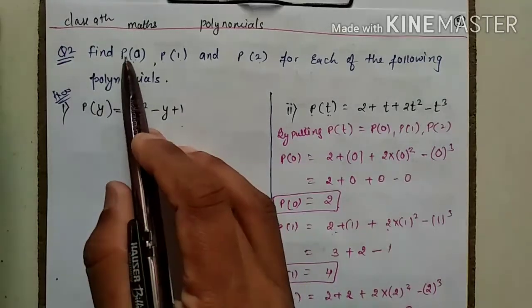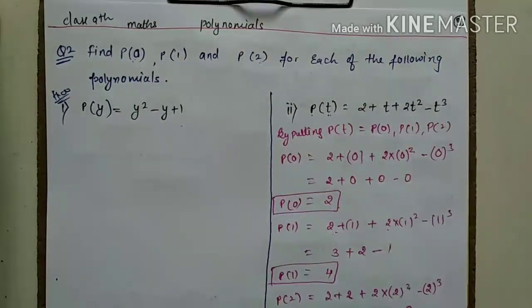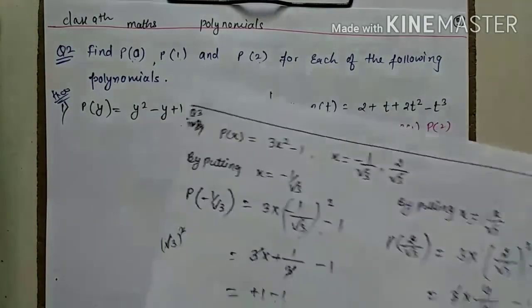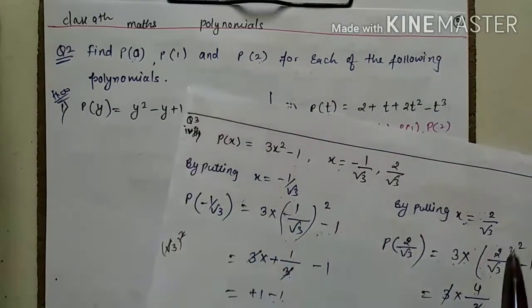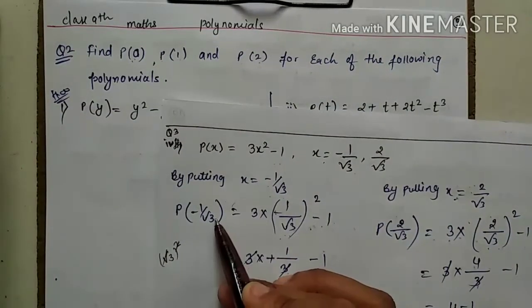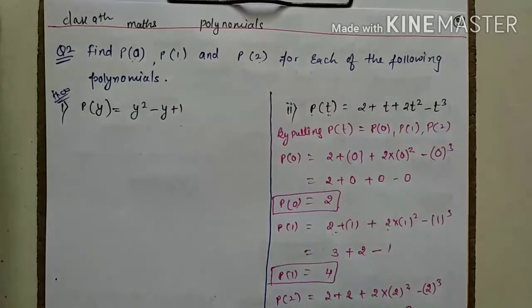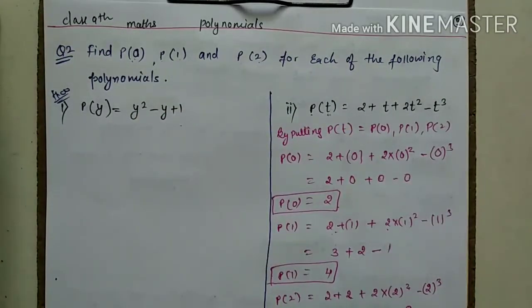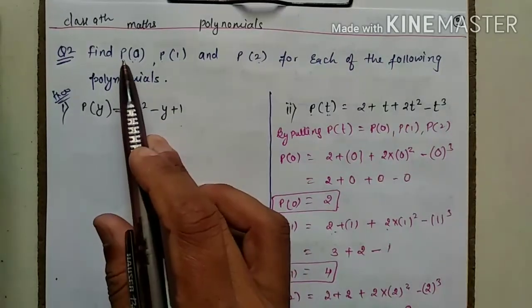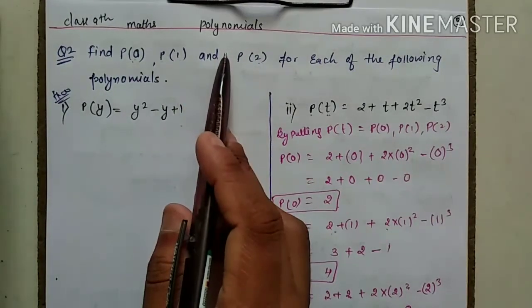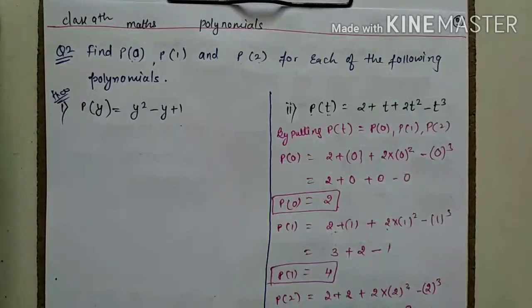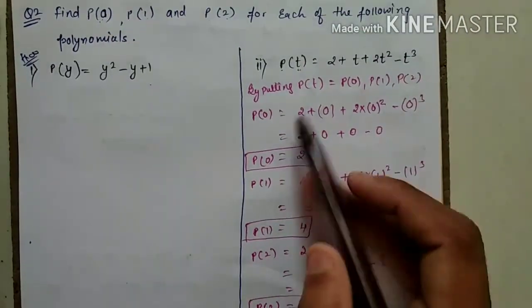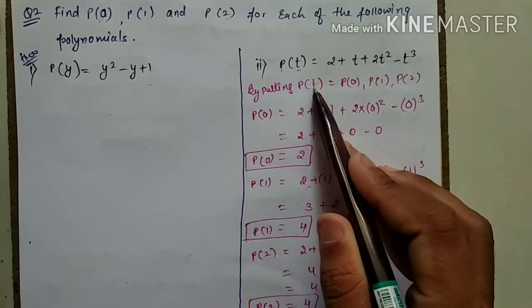You can see there is written p of 0 and I have solved it in the 3rd question. Here I have written p of some value. It means on the place of my variable I have to put this value. They have given the value directly. They have not given any variable because each question has a different variable. So they said you have to put on the place of the variable first 0, then 1, then 2. Okay. Now see here, I have put it here by putting p of t on the place of t.